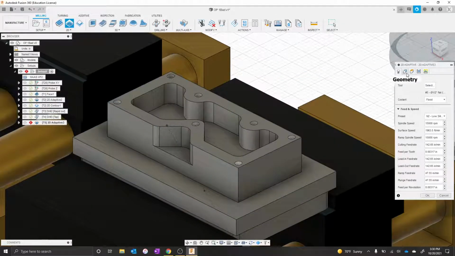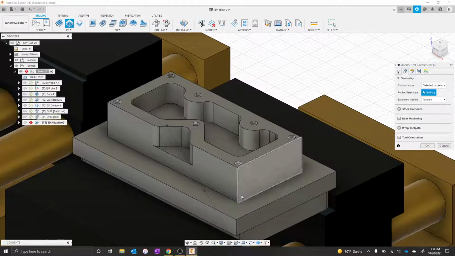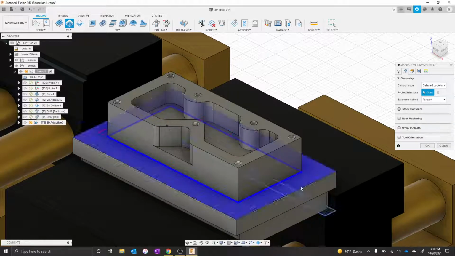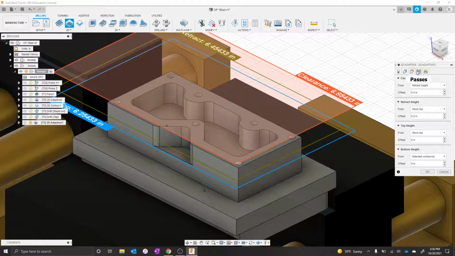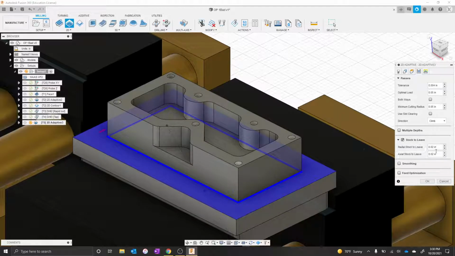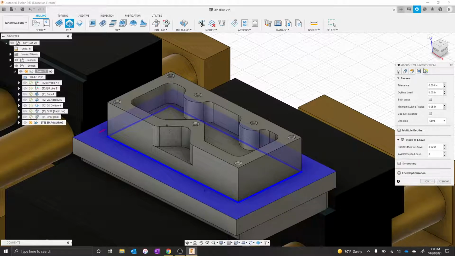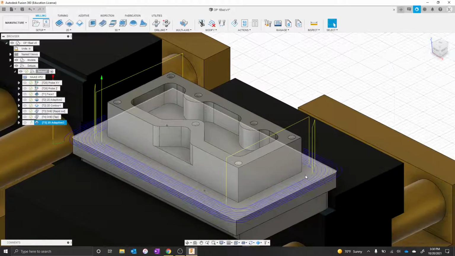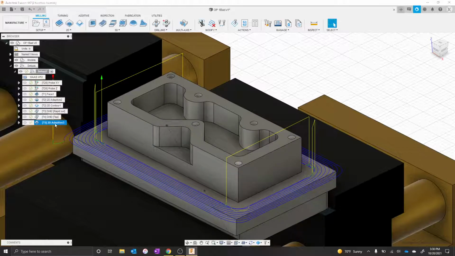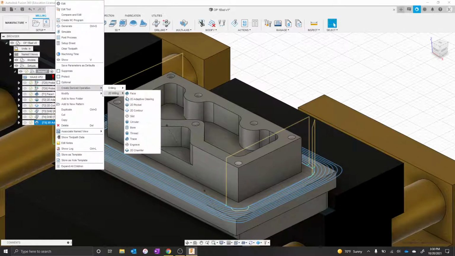Alrighty, so this has been selected. We grab that outside edge just like we did before, but this is all that we want to cut. The heights we'll leave at default. We'll leave 0.02 radially, but remember we're not supposed to leave anything axially, we don't need to. The tool is long enough, we don't need to choose multiple depths to cut, and the optimal load has already been set. So I'll hit OK, our toolpath will generate, and now we're just going to derive a 2D contour